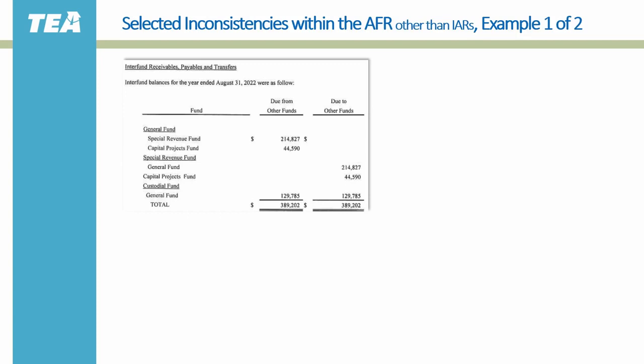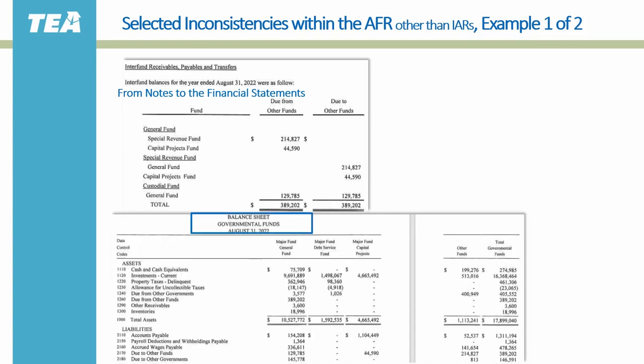This example shows a common issue noted related to due to, due from. The amounts disclosed in the financial statements do not agree with the amounts disclosed in the notes to the financial statements. The top schedule was from the notes to the financial statements. Below the schedule is the governmental funds balance sheet. The balance sheet shows the due from other funds and the due to other funds in accounts 1260 and 1270 respectively. The total amount is